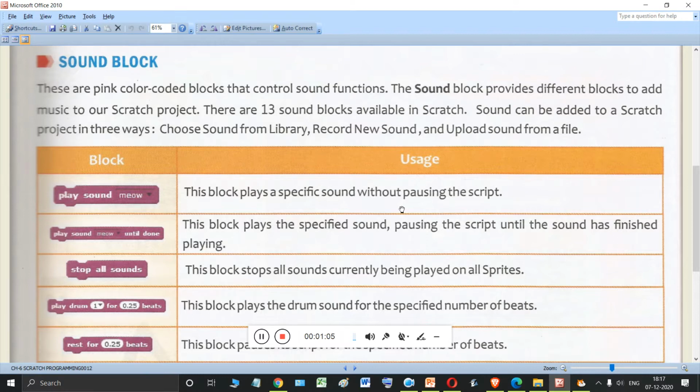this particular part. Now the sound can be added to a Scratch project in three ways. First is choose sound from library. That means there is a default library already present in Scratch, and you can use sound from that default library. Or you can record a new sound, you can record your own sound, or you can upload sound from a file, from a music file that you have on your computer. So these are the three ways through which the sound can be added if you want to add some new